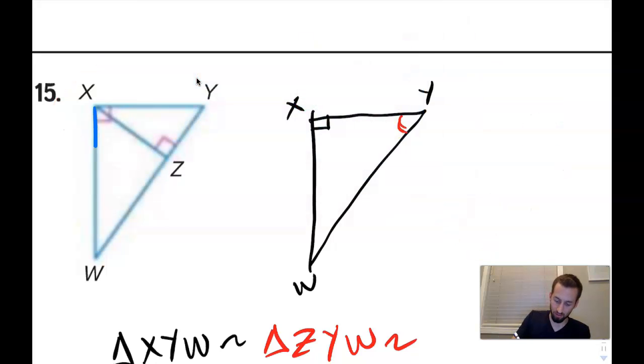And similarly, I'm going to draw this one. If this side is 90 here, then I do have 90 on this side. And this angle is my other angle. It's going to match with W here. So when I pull this over,